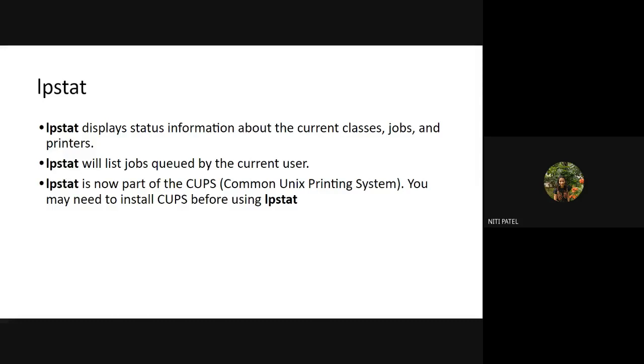Okay. So if I have two printers connected, and I want to see only the status information, not other information, like who is the owner, I don't want to see. What time it was given, I don't want to see. What date it was submitted, I don't want to see. I also don't want to see how many pages there are, or the size of the file, but I just want to see the status of the file, whether it is printing, pending, or deleted, or in the process of printing. If I want to see these four pieces of information, I have a separate command called lpstat. So by using this command, I can know the status of a particular printer which is printing the documents.